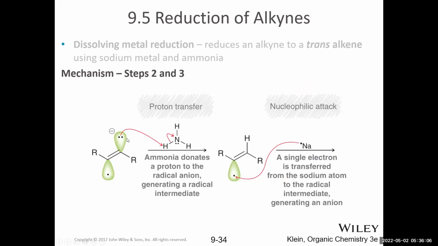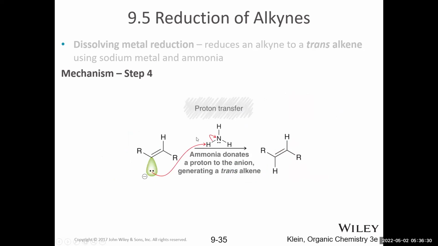From here, this is very, very basic, and even ammonia, which is a weak acid, can protonate it. So ammonia can provide protons to protonate this and form NH2- as a byproduct. Sodium metal gets involved again and does another single electron transfer process to convert this radical into an anion that can then get protonated using ammonia. And notice, because of the preferred geometry of the radical anion intermediate, we end up adding both hydrogens to opposite sides of the pi bond, leading to our trans alkene product.